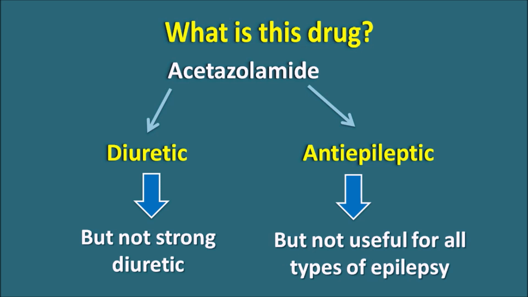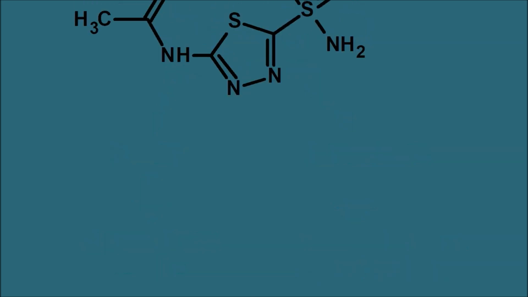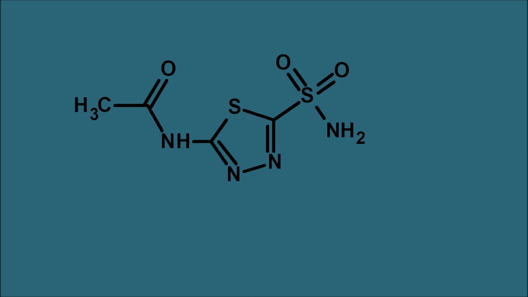So acetazolamide acts as a mild diuretic and it can also be used as an anti-epileptic because it is going to decrease the neuronal excitation. So it can be used in a few conditions like infantile epilepsy or epilepsy produced during the menstrual cycle. In such conditions, acetazolamide can be used as an anti-epileptic, but it is mainly used as a mild diuretic. So today in this video, let us see how this drug acts and how it is useful in these clinical settings. First of all, let us see the structure of acetazolamide.